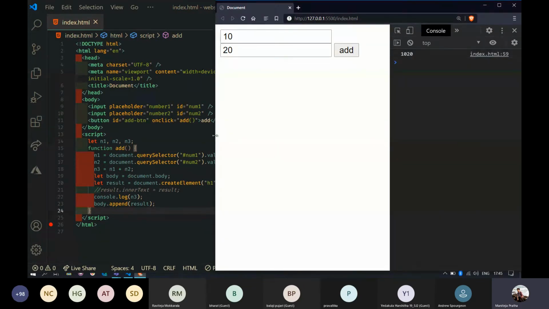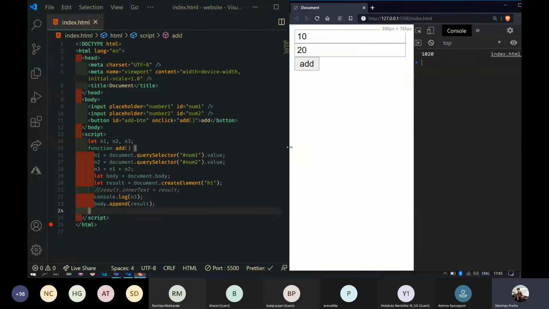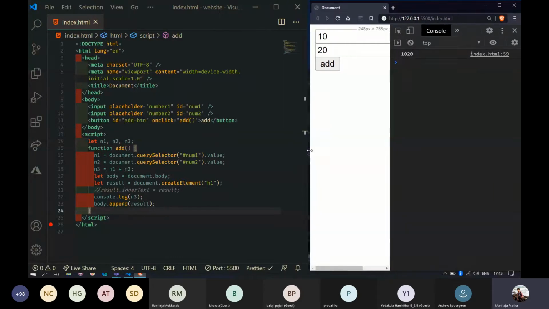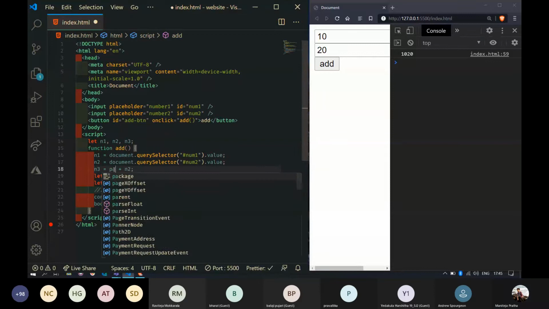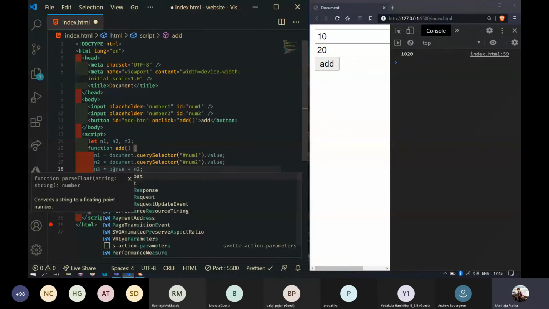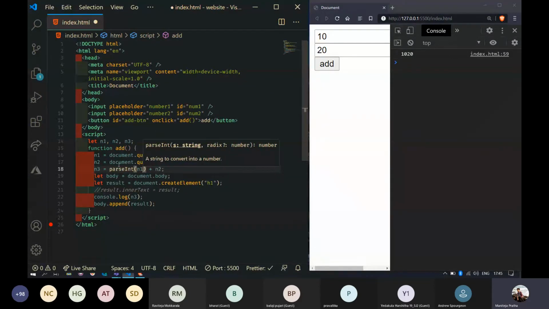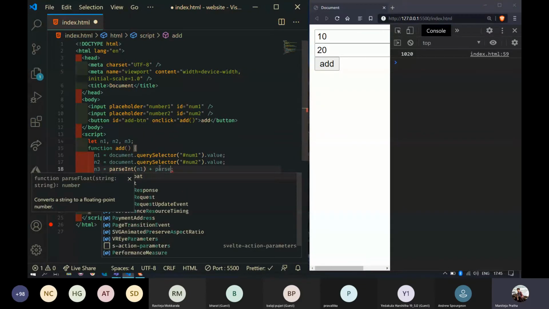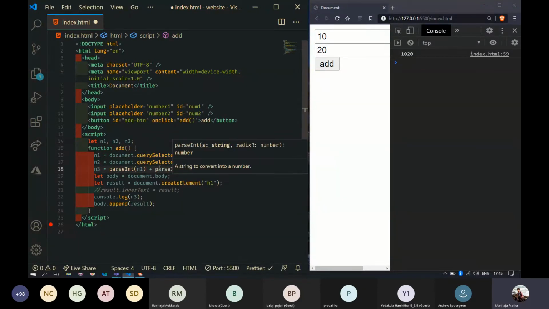If you attended my JavaScript workshop, I have told this earlier. JavaScript by default treats everything as a string. So we need to manually convert it into an integer. So parseInt of n1. We're getting the integer value from the string. Let's look, 10 and 20. So now we got the output or not? What is the output that we got? 30. But it is being displayed inside the console.